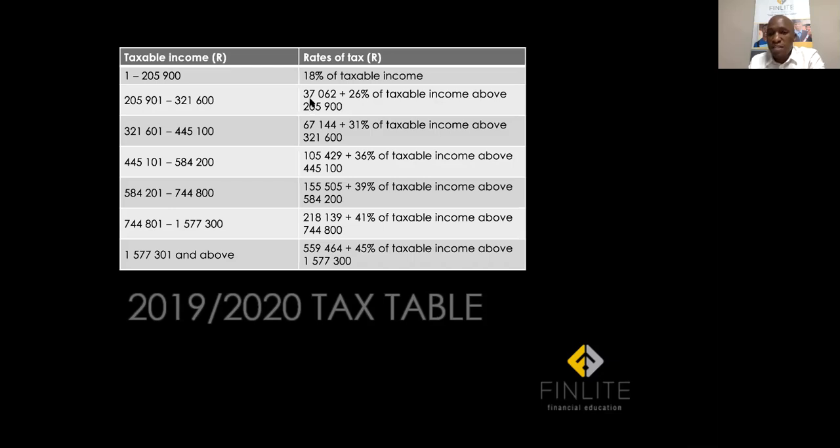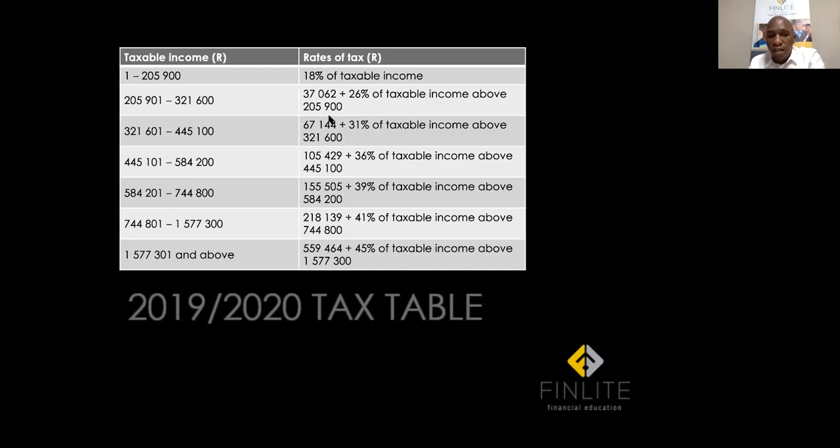I hope it makes sense, so that you know that the first amount that is not even calculated is the 37,000. Immediately when you earn above 205,901, the first thing is that the 37,000 will be taxed at this 18%, and then 26% of taxable income above will be taxed at 26%. Okay, so that's how it works, and it works in the same way